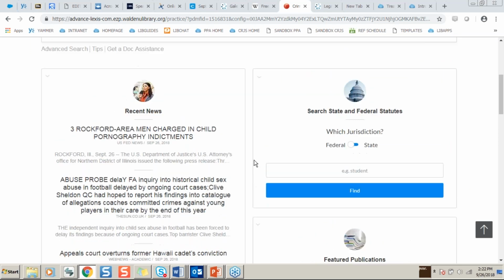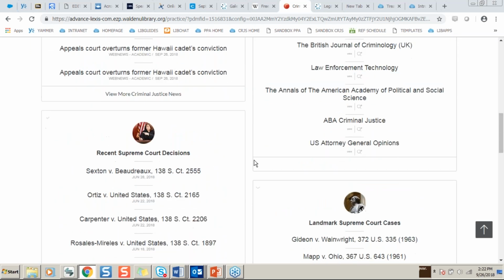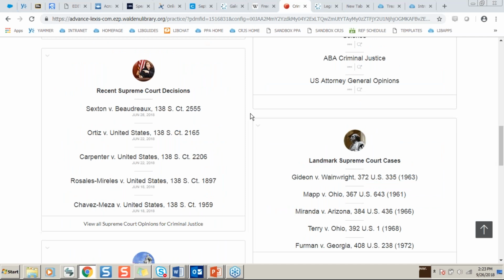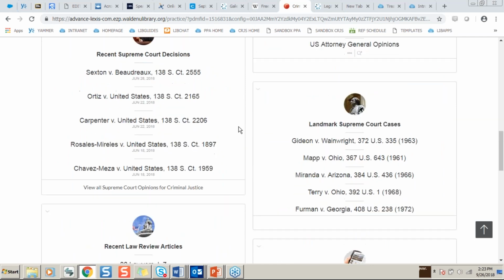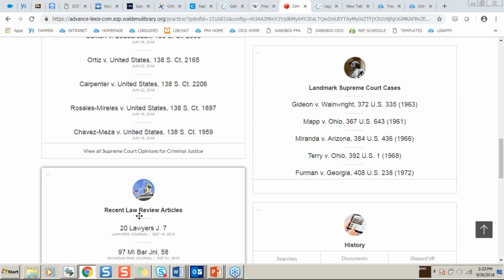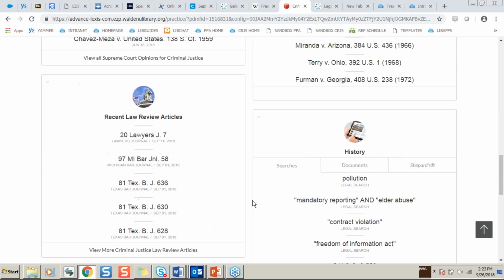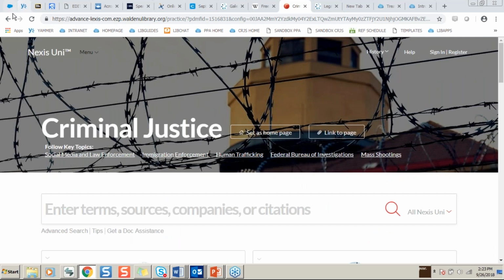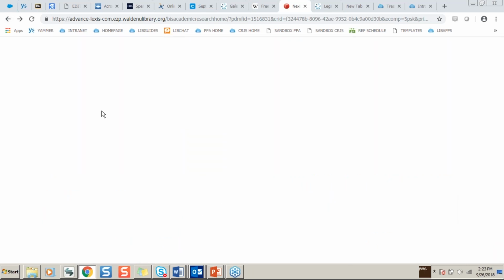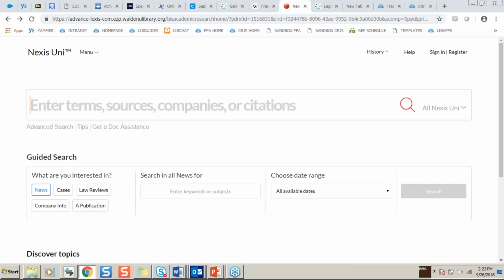You can search over here, recent Supreme Court decisions on criminal justice, featured publications, landmark Supreme Court cases, recent law review articles, etc., etc. So you do have that option when you come into Nexus Uni. I'm just going to leave ours set to the general page for today's